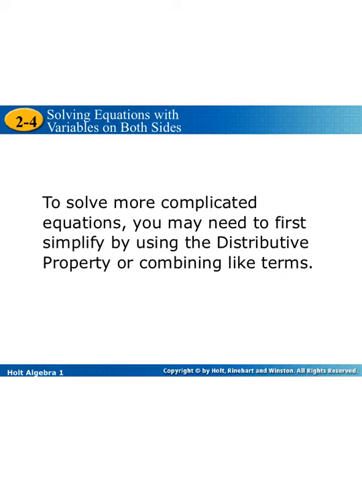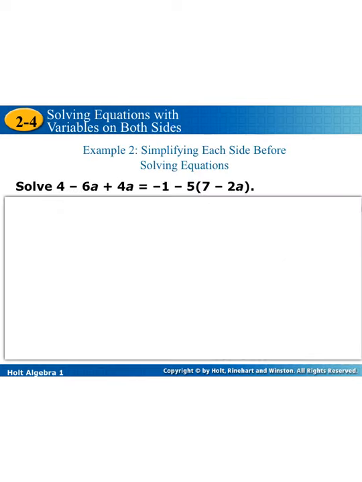It says to solve more complicated equations, you may need to simplify by using distributive property or combining like terms. That's very true. As these problems get longer, we need to clean up the left side and the right side before we start to solve. If I look at this on the left-hand side, this is a big long equation. I notice I have a couple of like terms, and I should rewrite this left-hand side with those like terms combined. So that would be 4 minus 6a plus 4a is minus 2a